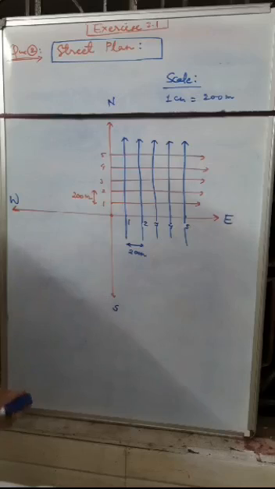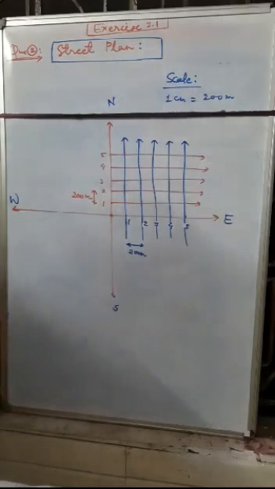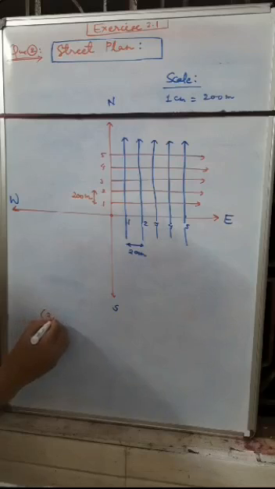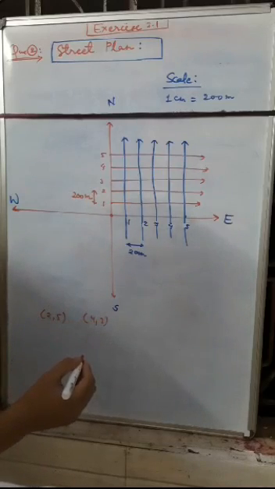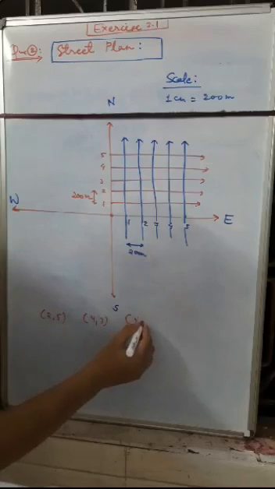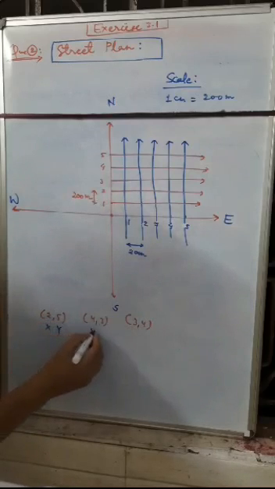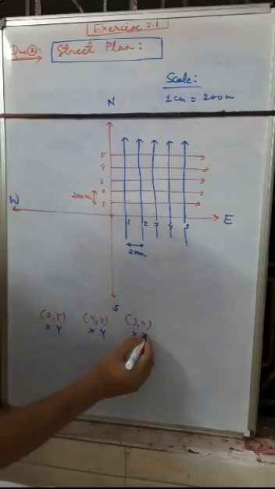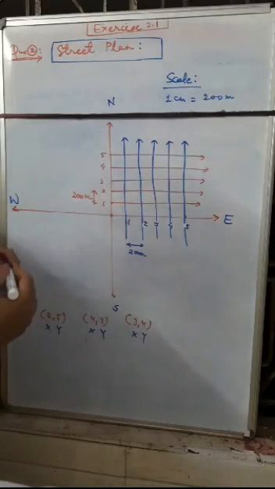Now we have to find out the cross streets. We have to find out 3 things here: the 2, 5 cross street, the 4, 3 cross street, as well as the 3, 4 cross street. The first coordinate is x and the second coordinate is y. So here the first coordinate is 2, 5. So where will we search for 2, 5?